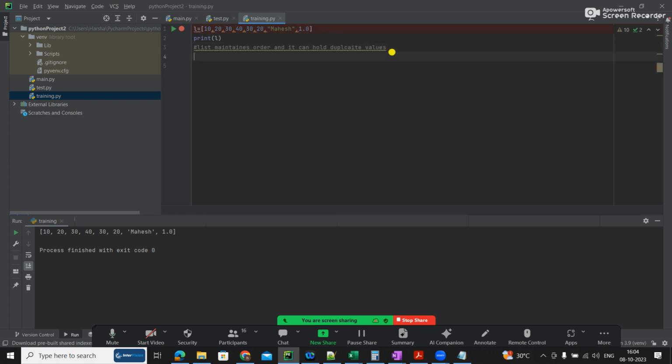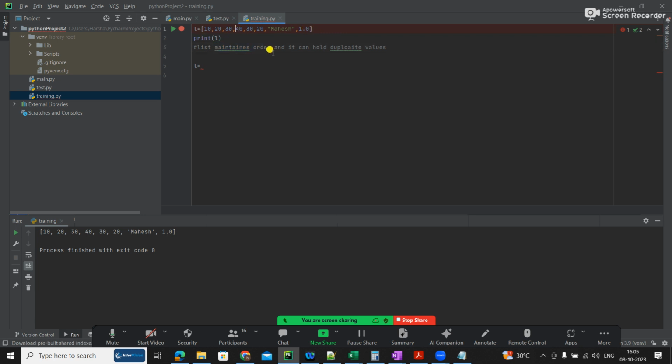Next, if I try to append, which means add. Obviously, don't ask me, sir, can it add here? Then the main concept of maintaining order will go off from the list. List maintains the order, which means if I append, it has to go at the last only.